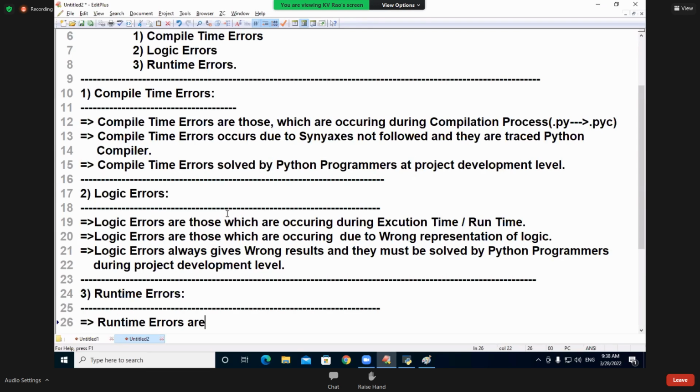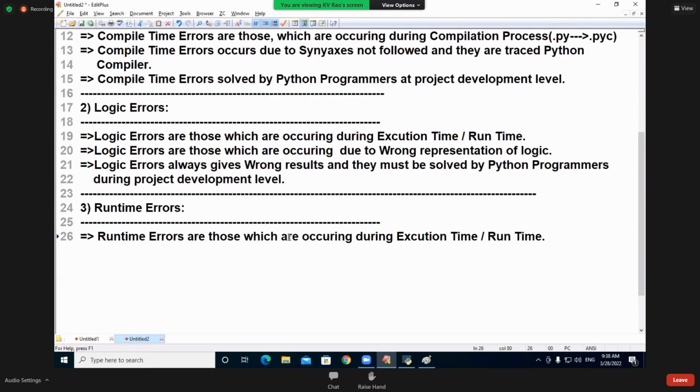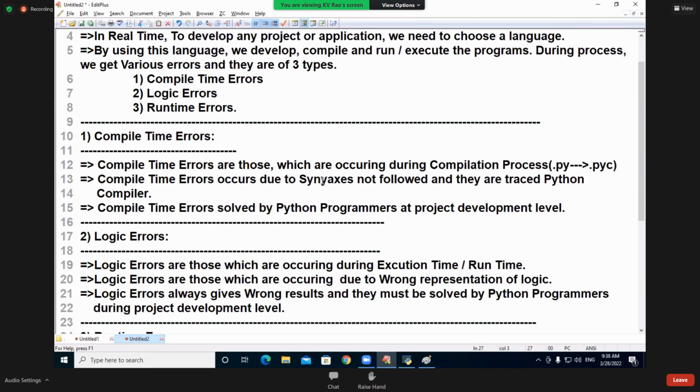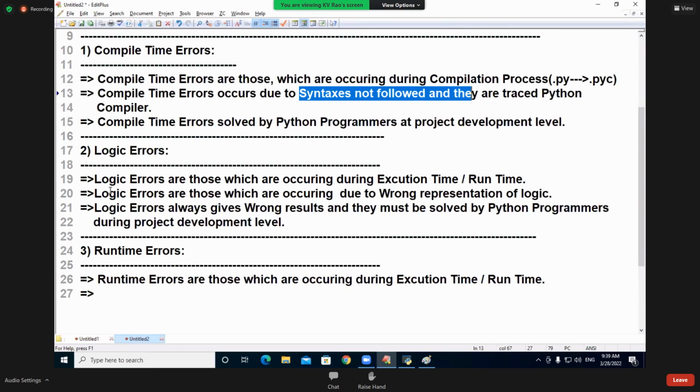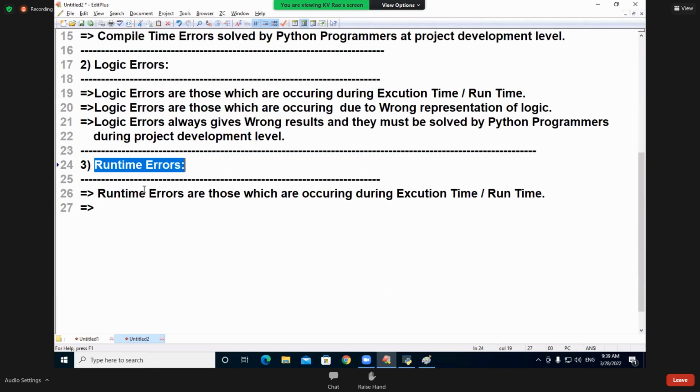Runtime errors are those which are occurring during execution time or runtime only. Compile time errors are occurring because syntaxes are not followed. Logical errors are occurring because of wrong representation of logic. Runtime errors are occurring due to what?